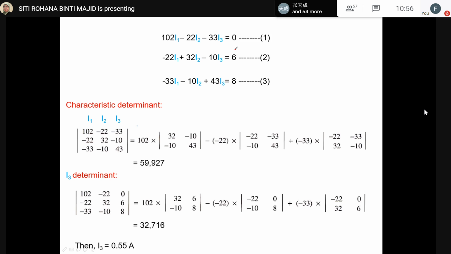subtraction or addition of equations 1 and 2, and then you get the value of one unknown, and then you substitute into another equation, and then you substitute into another equation, and then you solve, internally for each part. So here we use Cramer's rule, and then we can have a characteristic determinant here, and then you just put in the right column for each value, and then you will get a